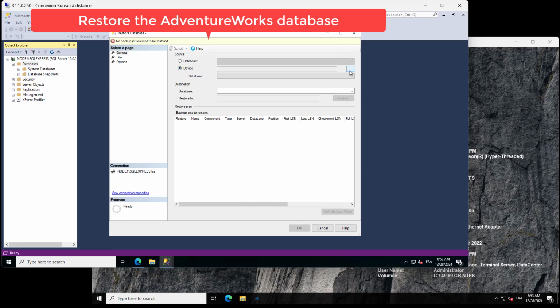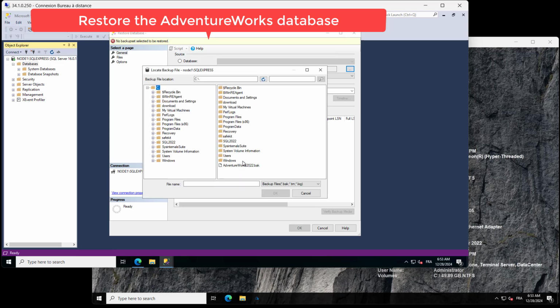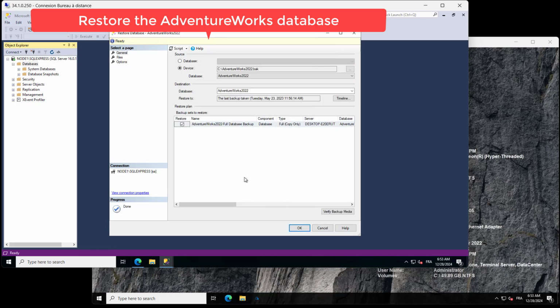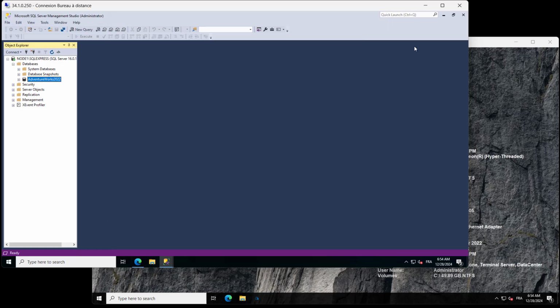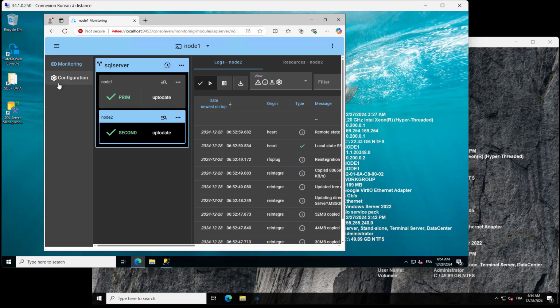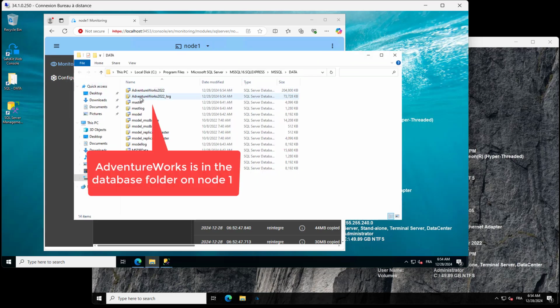With the restore operation, a new database will be created on Node 1 and automatically replicated in real time on Node 2. We can check in the database folder of both nodes that the AdventureWorks database has been created.